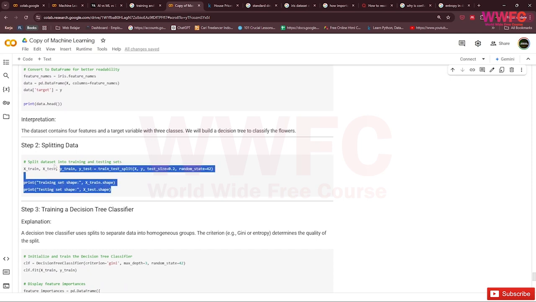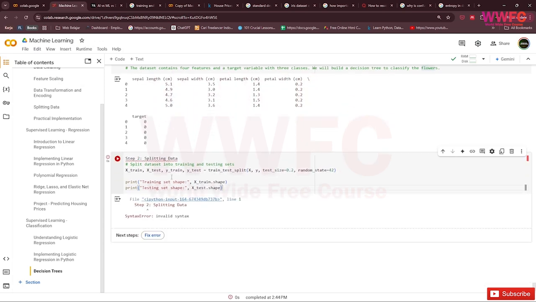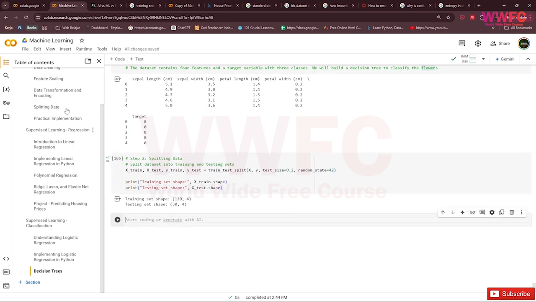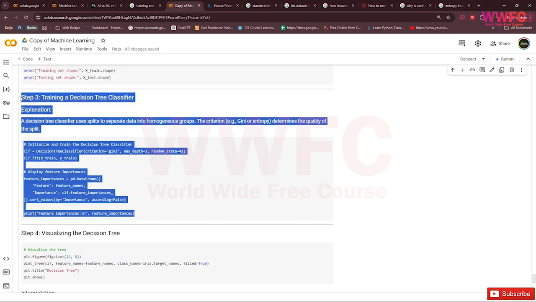Splitting the data like usual, into 120 training and 30 test samples. You should know this by now. Step 3 is training the decision tree classifier.